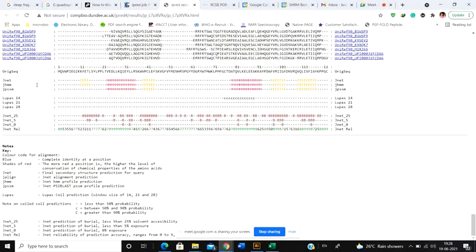So according to the JNet algorithm, it predicts that this KFET is a part of alpha helix. The E stands for beta sheet. The H stands for helix. So according to this JNet algorithm, it is predicting that this particular stretch is a part of beta sheet. This particular stretch, starting from arginine till valine, is a part of alpha helix, while this stretch is a part of beta sheet, and so on.